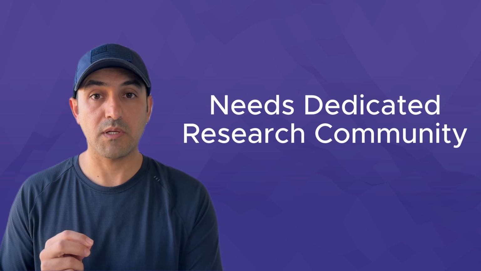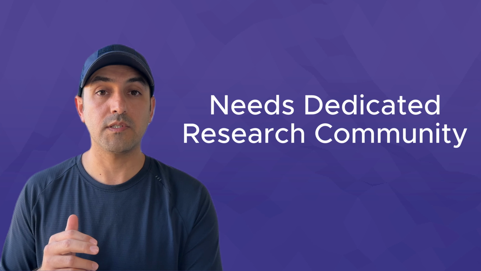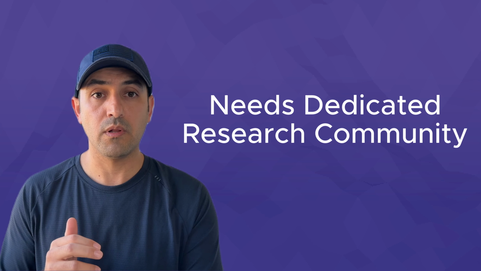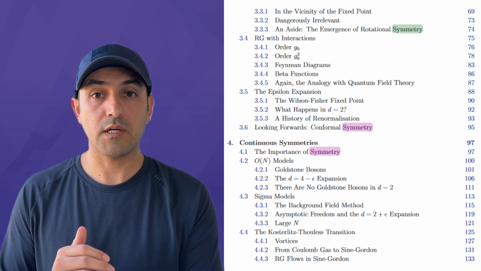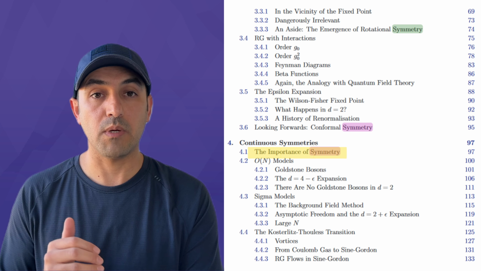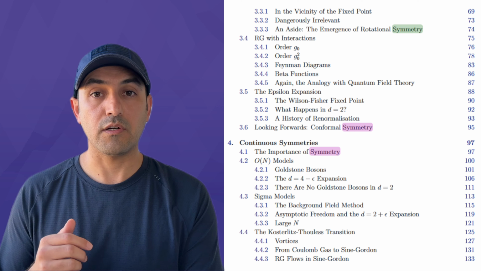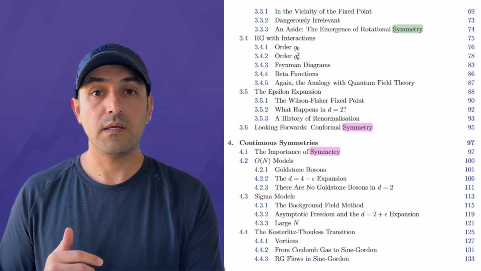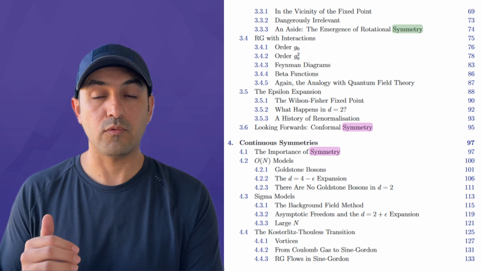Before I move forward, let me just mention that how to systematically mine these insights and transfer them to our existing technologies like GPT models, for example, takes a dedicated research community. Also, if we scroll further down the pages of this book, we see a concept is mentioned very often: symmetry. This is so fundamental in physics that I cannot emphasize enough. And given the correspondence that I just presented, it can be fundamental and revolutionary in deep neural networks as well.